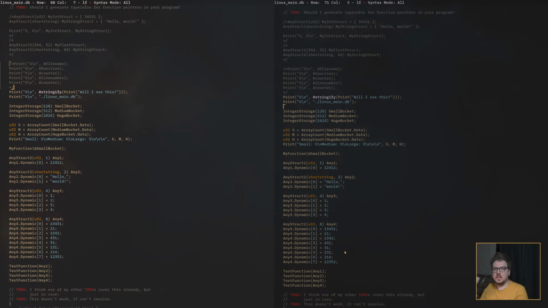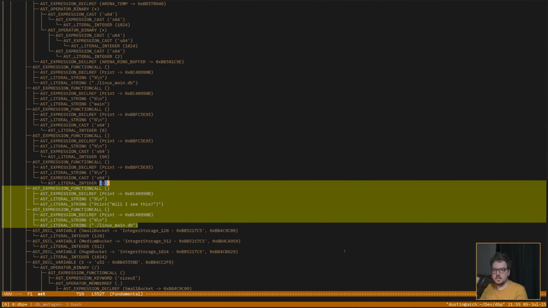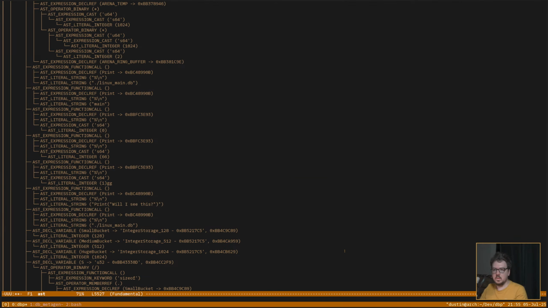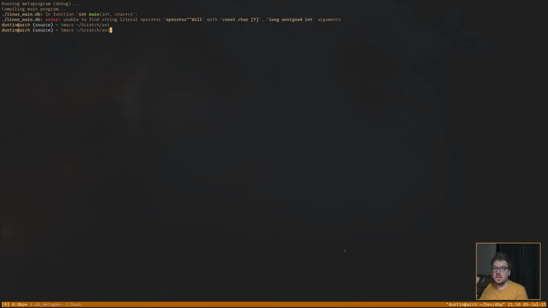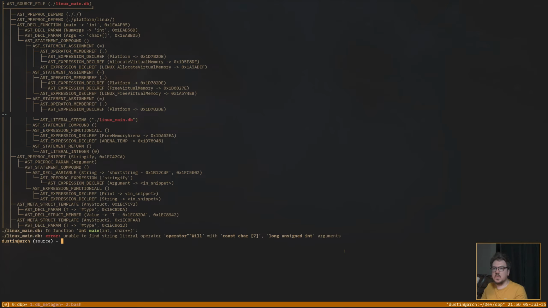Let's comment out a lot of this stuff and simplify this. So let's do the tree, and again grep for Linux main.db. Let's look at this again. Nope.